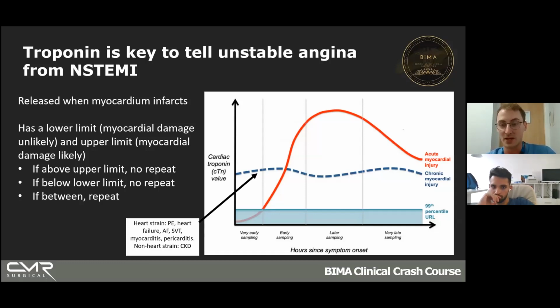The difficulty with troponin comes with the fact that other things also raise your troponin. So anything that strains your heart muscle raises your troponin. I'm not sure why, but PEs, if they're big enough, heart failure, arrhythmias, pericarditis, all raise your troponin. Troponin's eliminated in the kidneys. So if you've got CKD or an AKI, you can have high troponin because you're not clearing it from your blood. The difference is that these causes down here don't cause this rise and fall in your troponin as ACS does. So this is where the value of repeat troponin measurements comes in really, really handy when you're not sure what's going on.